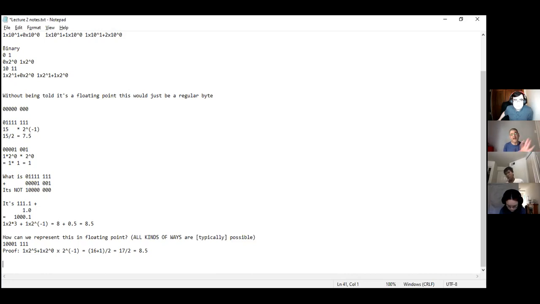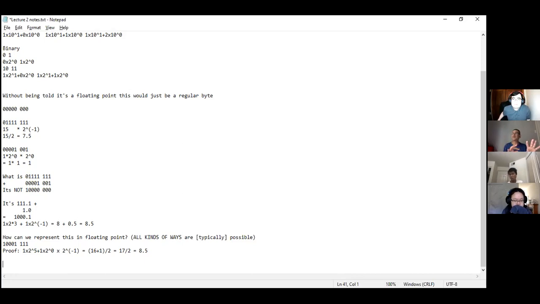Adding two floating point numbers is a different procedure from adding two ordinary numbers. Because, well, can you add 3.14 and 0.5? Before you add 3.14 to 0.5, what do you have to do? You have to make sure the two exponents are the same. Otherwise, you can't do a standard addition. So you take the 3.14 and change it into 3.14 times 10 to the 0, and then you have 0.5 times 10 to the 0.